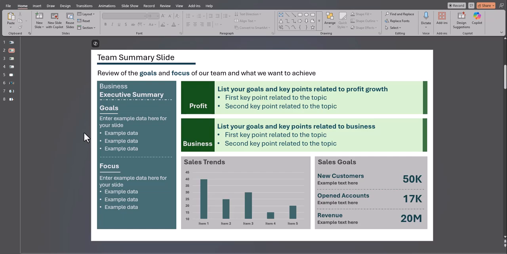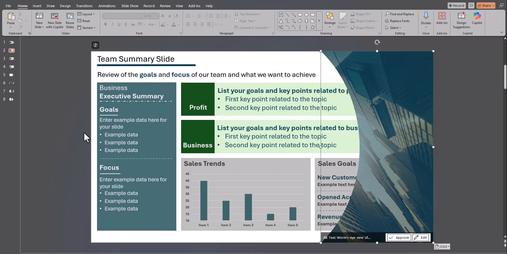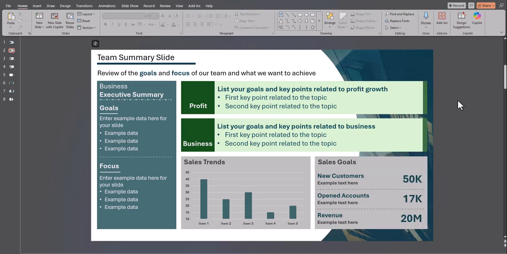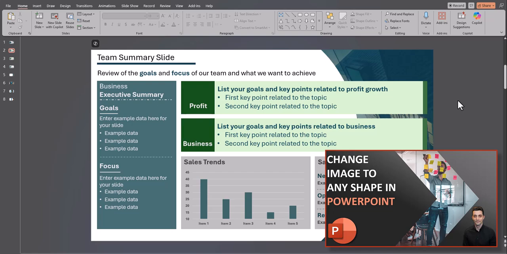Now that our slide has been cleaned up, let's add the finishing touches and align all of the colors, as well as insert an image to help this slide stand out. I'm going to begin by inserting the image that I'd like to use and using the Picture Format tab, sending this to the back of the slide. If you're not sure how to create an image with this shape, I'll have a link in the description that